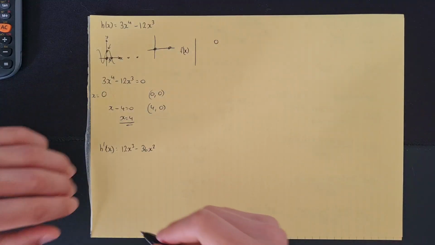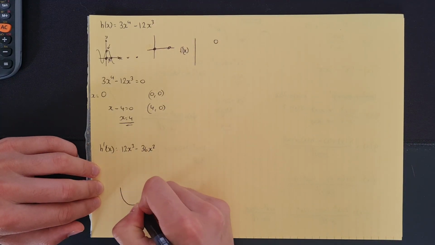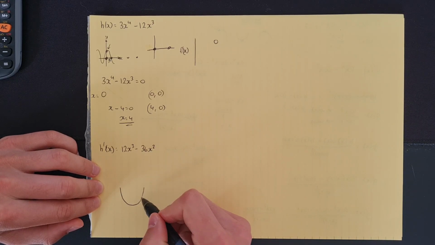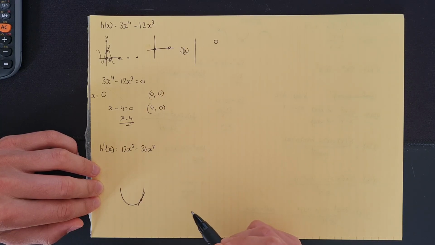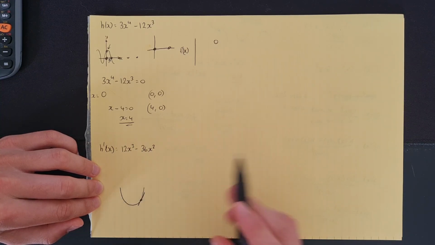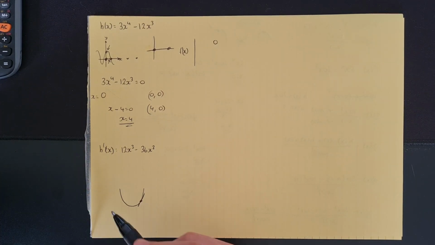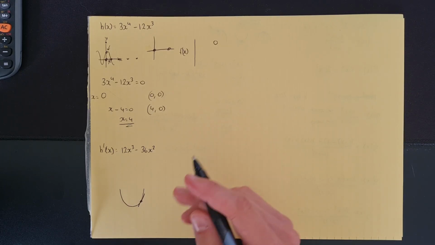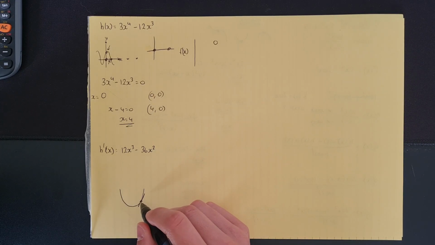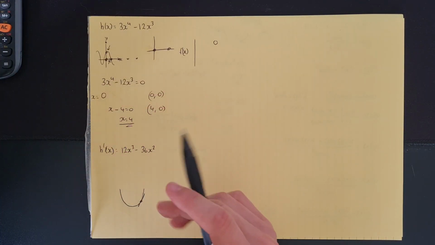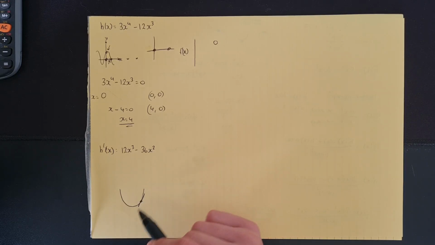Okay, so we obviously know from one of the previous examples, the first derivative finds the tangent of the straight line to a point on a curve. So let's say this is h of x. Let's pretend it's h of x. And we want to find the gradient of the tangent to a point on that curve. So we'd then find the first derivative and then substitute that respective x coordinate in order to find the gradient